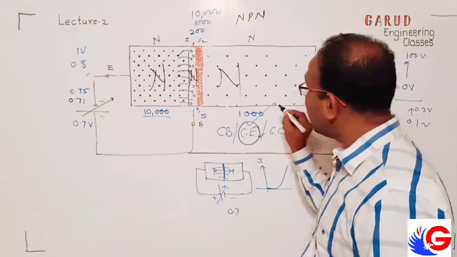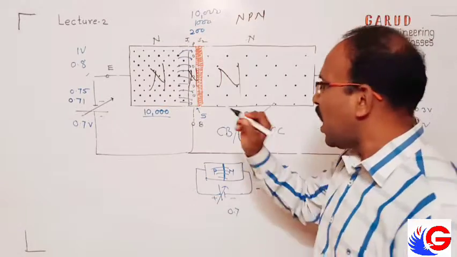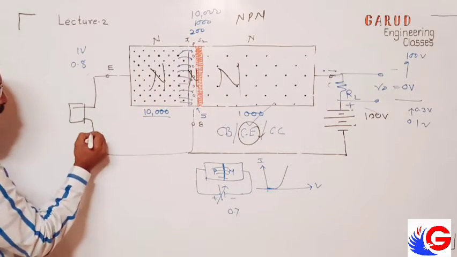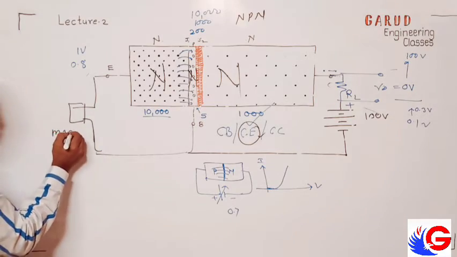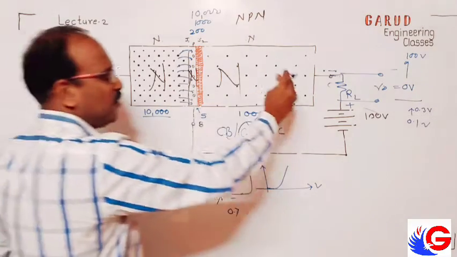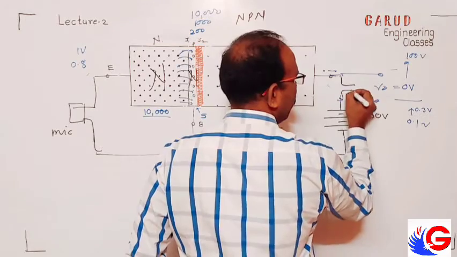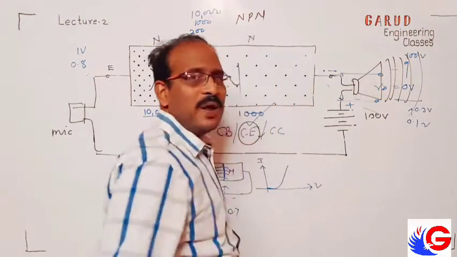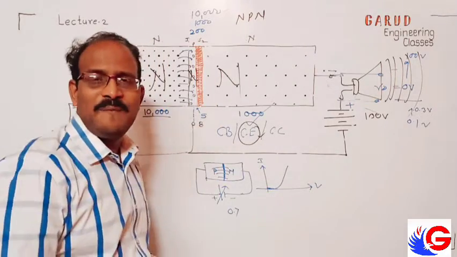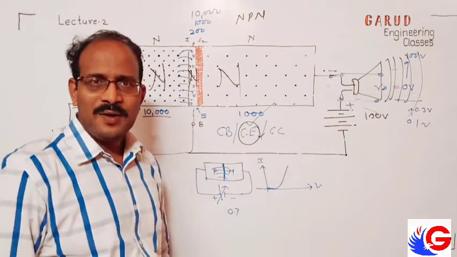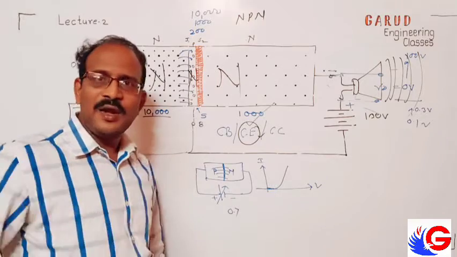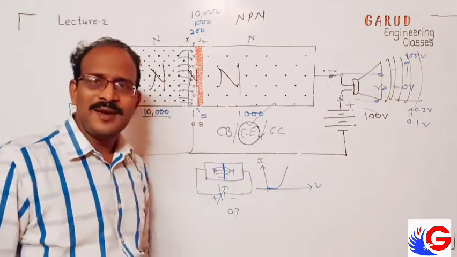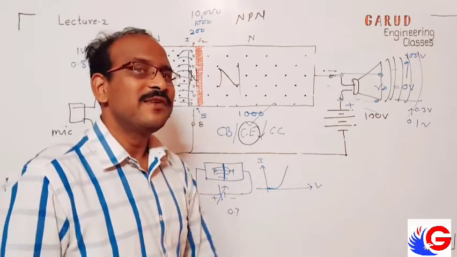Then we will check whether this is amplifying properly. I will connect a mic over here, and this is the load. I can connect a speaker over here. Now I want to check the real sound. I want to really test the signal. Practically, I want to check what the output is, whether there is any difficulty, and if there is, how to solve that. That I will explain in the next lecture.